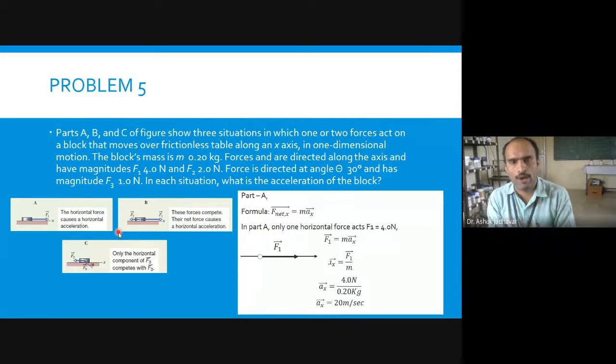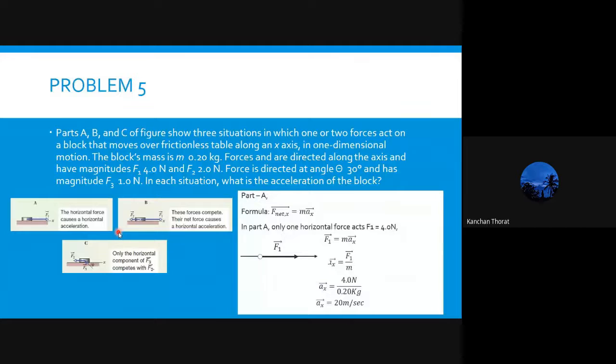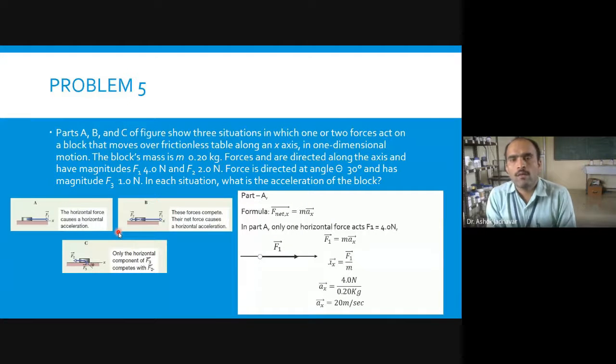Have you heard the term free body diagram before? No, sir. Okay. Basically, a free body diagram is a vector diagram in which you don't have to show the actual body. You have to just show what are the forces acting on that body. So if I look at the diagram here and compare with A, then here is our mass. I have just shown it with the help of one dot. And I have shown this F1 along the x-axis. So F1 is a vector along the x-axis. So this is just a free body diagram for case A.